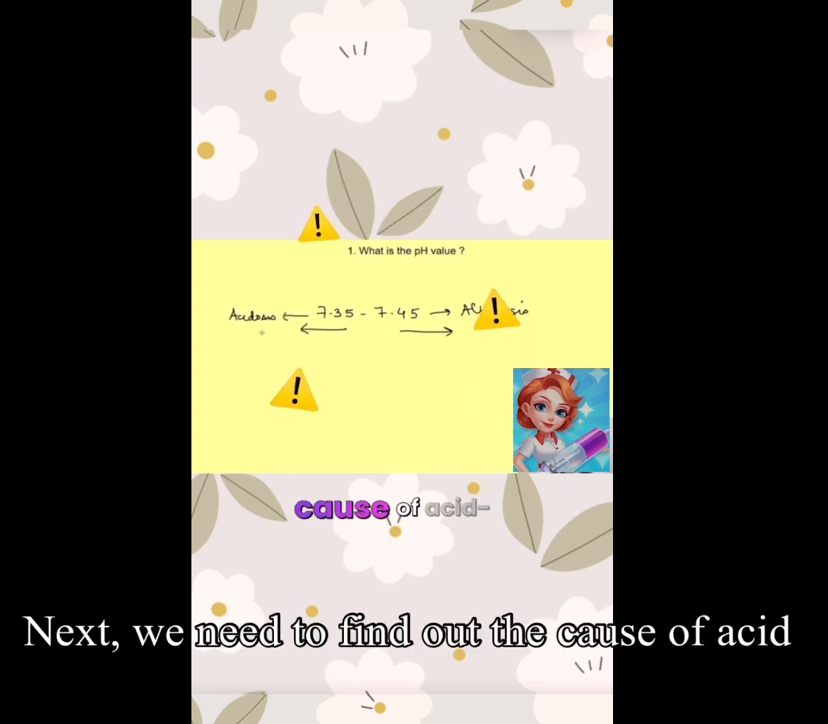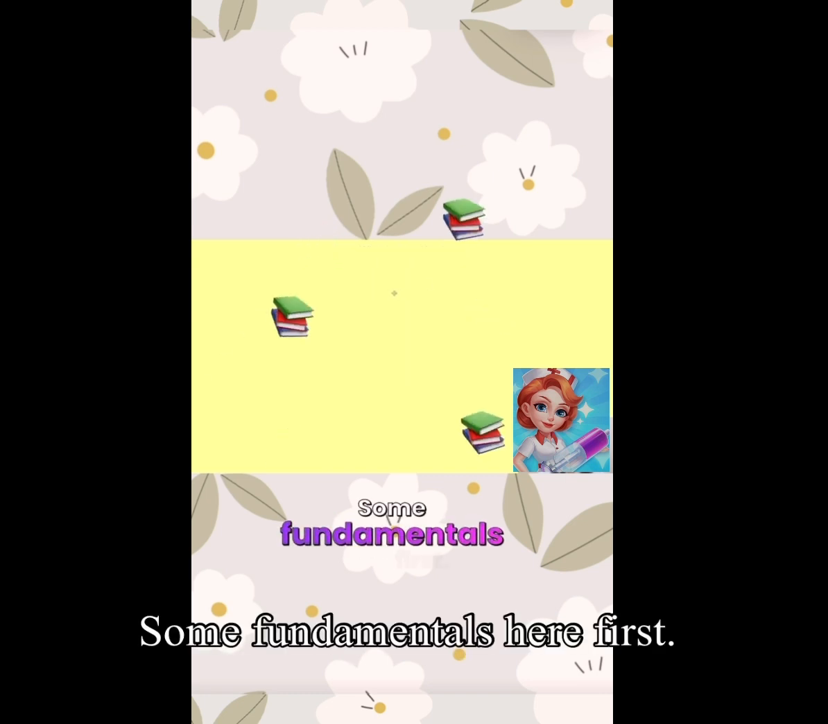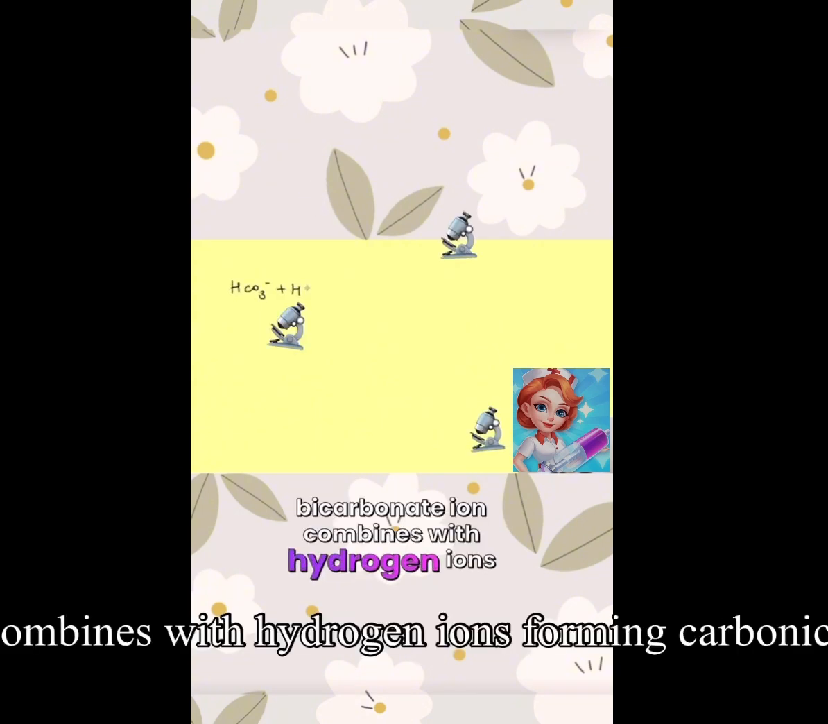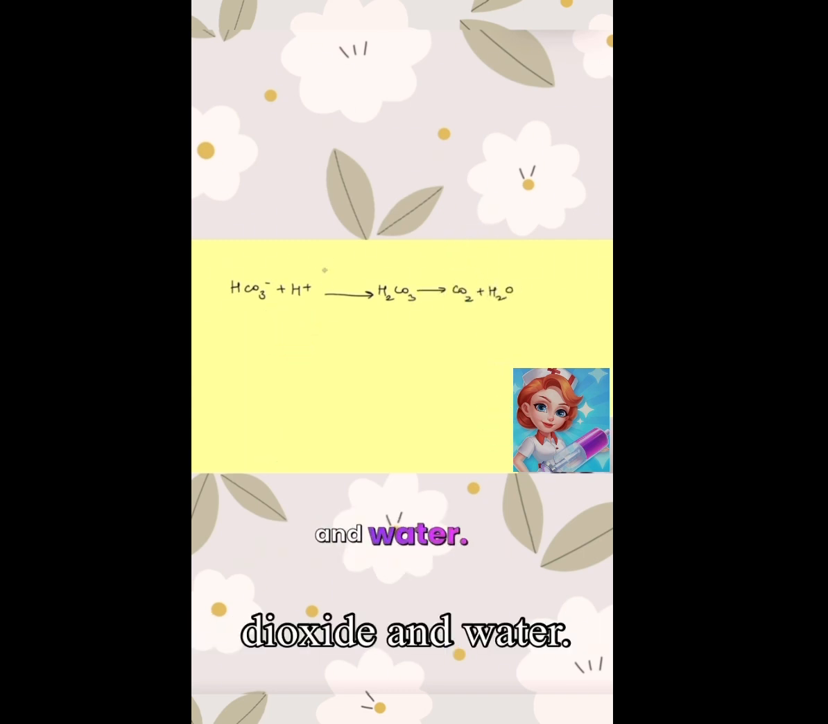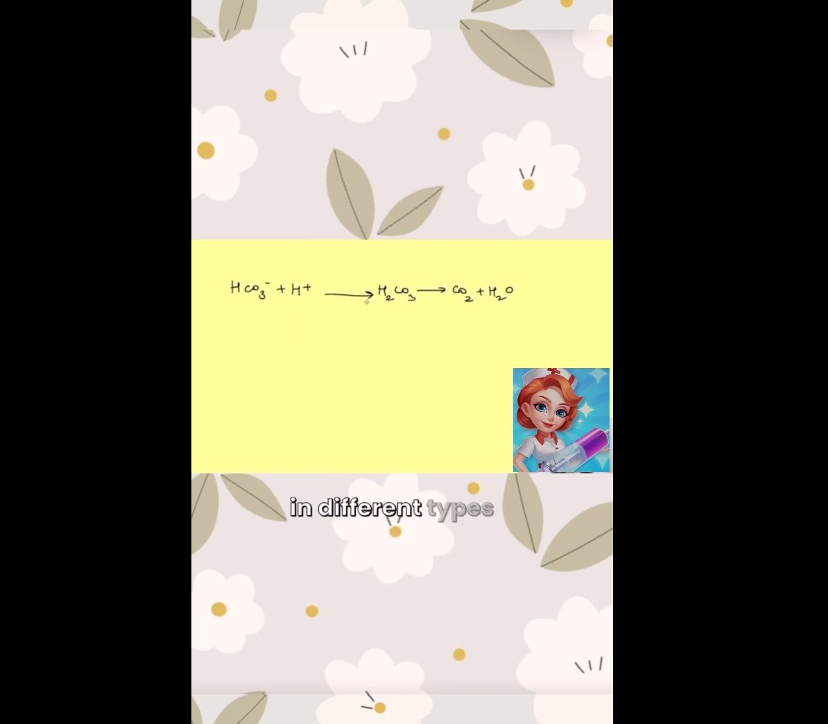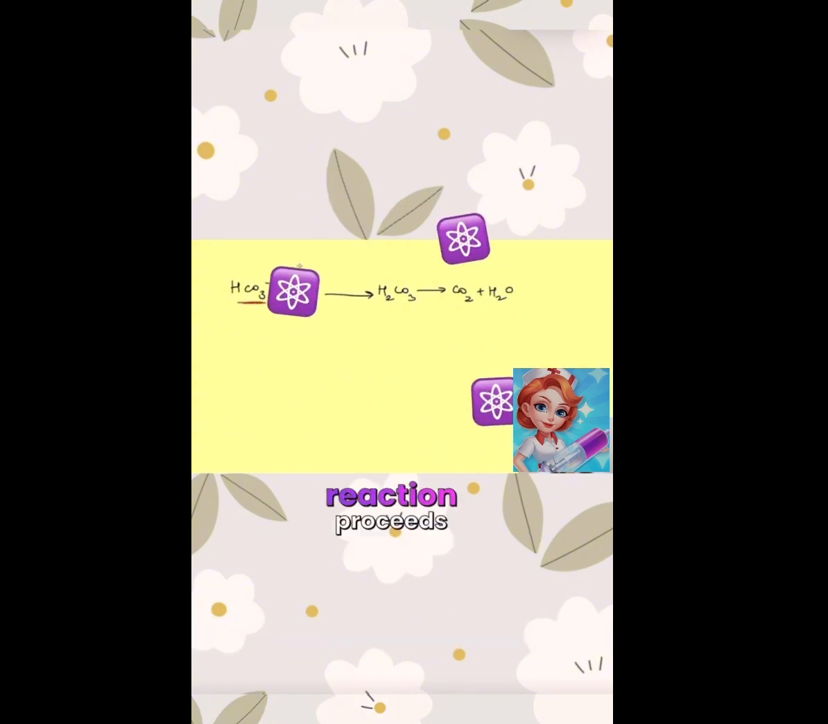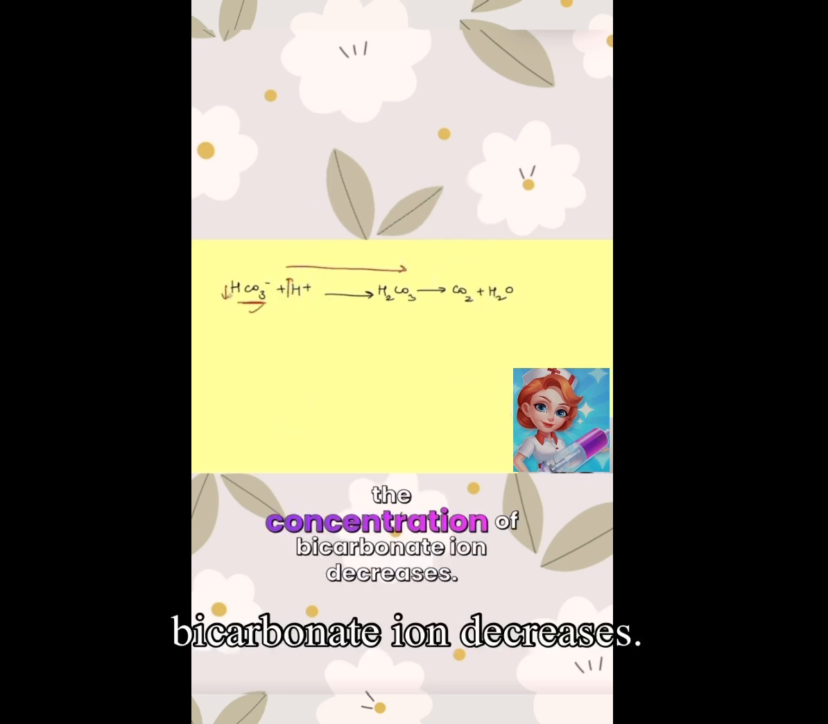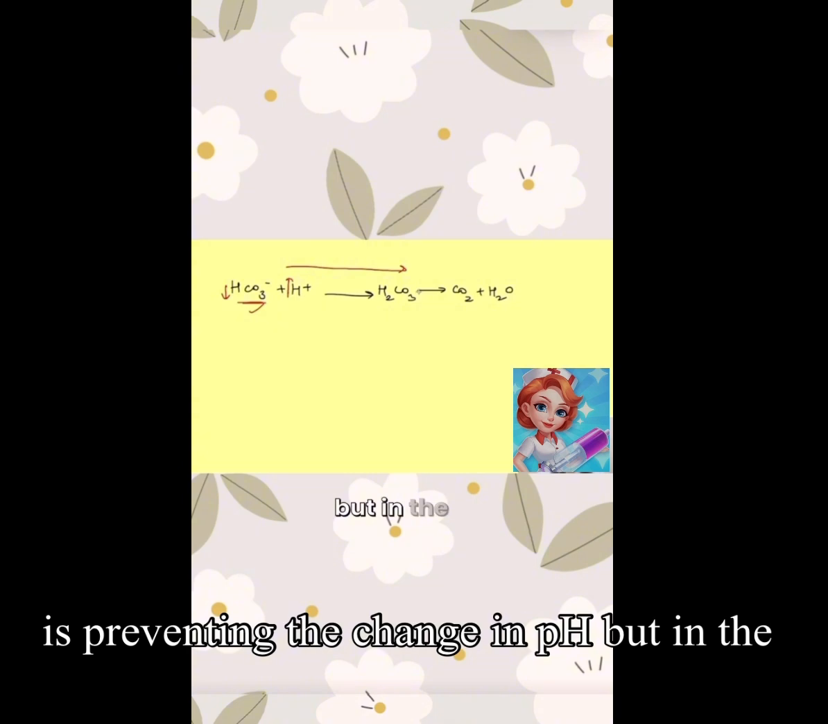Next, we need to find out the cause of acid-base disturbance, whether it is a metabolic cause or a respiratory cause. Some fundamentals here first. In bicarbonate buffer system, bicarbonate ion combines with hydrogen ions forming carbonic acid, which then dissociates into carbon dioxide and water. Now this equation can proceed either way in different types of acidosis and alkalosis. When hydrogen ions increase, bicarbonate combines with hydrogen ions and reaction proceeds towards this side. But in the process, the concentration of bicarbonate ion decreases. So what is happening is that bicarbonate ion is preventing the change in pH, but in the process it is